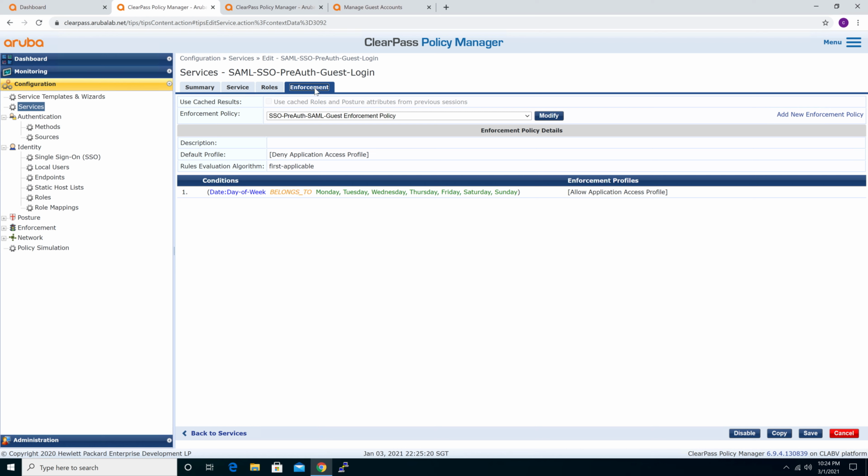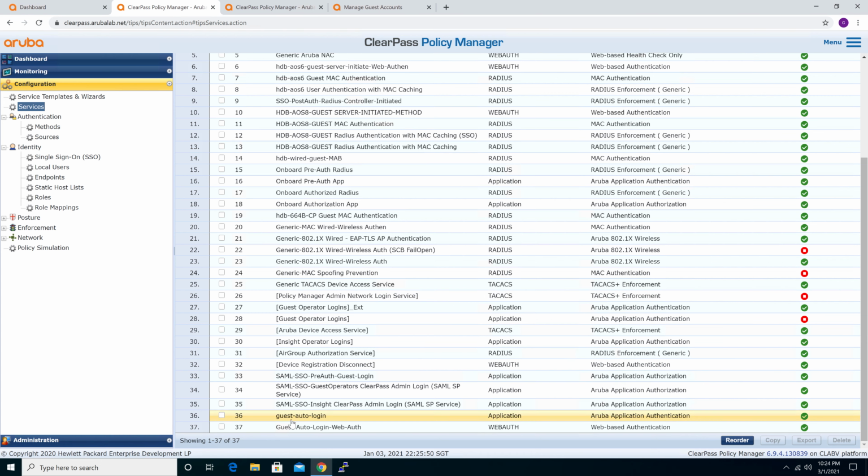And once the user authenticates successfully, I mean, if they key in the correct username and password, we just return the allowed application access profile. It means that when the user keys in the correct username and password, the ClearPass guest will submit the request to the CPPM, and CPPM will do the check, and if it's correct, CPPM will just return the access accept back to ClearPass guest, and allow the user to move to the next step. Okay, so this is the first service you have to create to handle the pre-authentication,